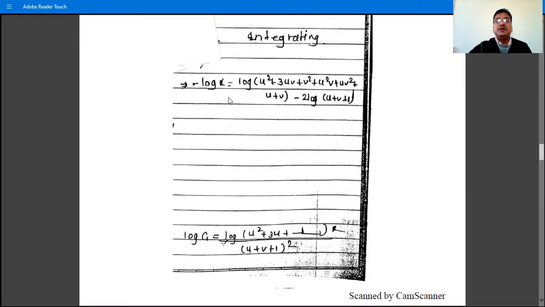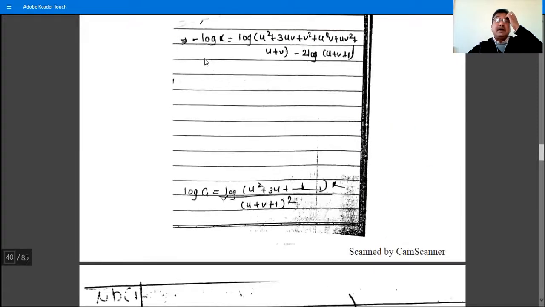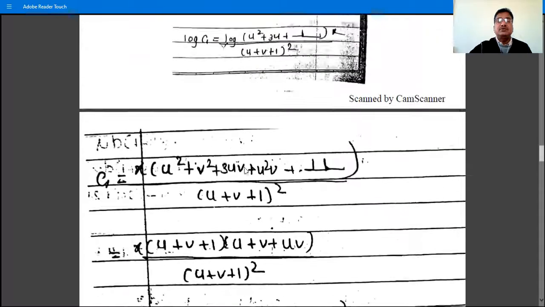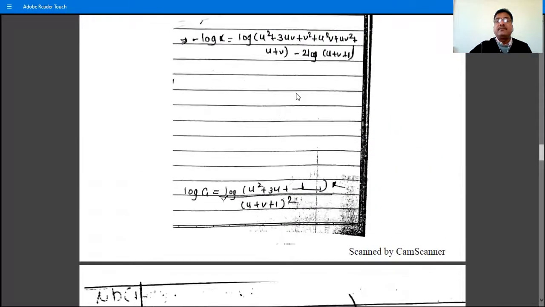So this minus log x means divided by x. If we shift minus log x to the RHS, then it is plus log x. Plus log x means multiplied by x. So x into u square plus v square plus 3uv plus this quantity divided by log of u plus v plus 1 raised to 2, and cancel the log on both sides. So we have c1 is equal to x into u square plus v square plus 3u plus u square v,